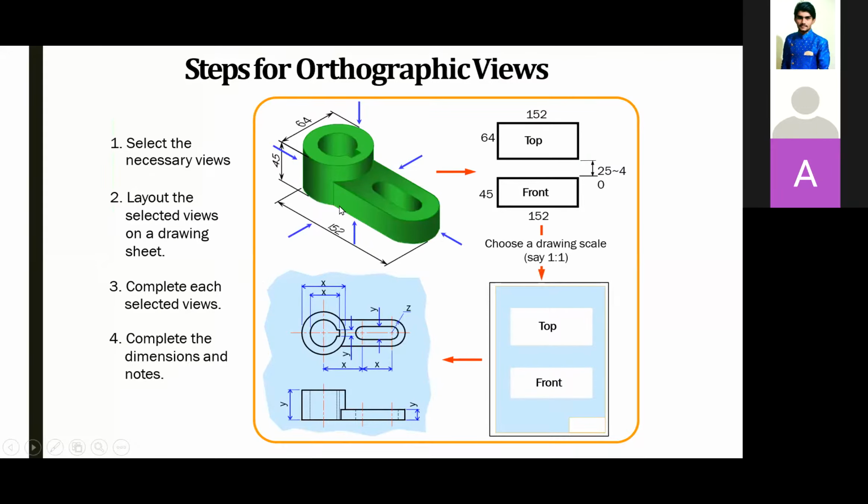See, suppose you are writing the orthographic views, you have to consider any view with respect to the drawing. So consider this is the front view, right? So these visible lines you have to draw, like what we have drawn here. Okay, these are the visible lines. So invisible lines should be in dotted lines. If you have a circular hole, you have to provide axis line here. Okay, this is one of the standard formats where you have to project the views.